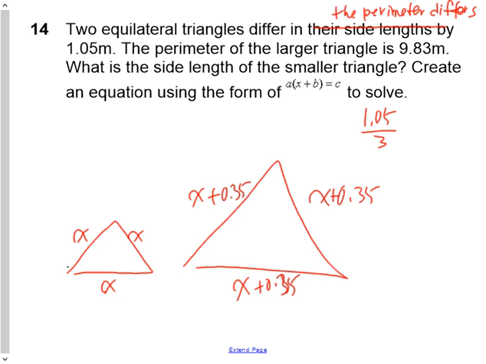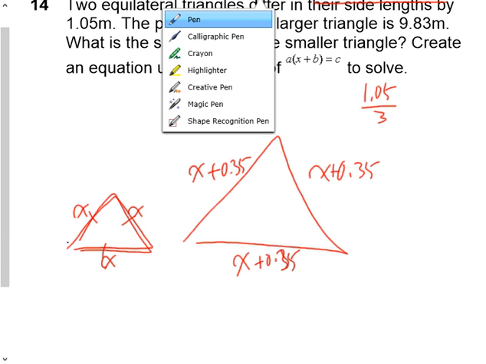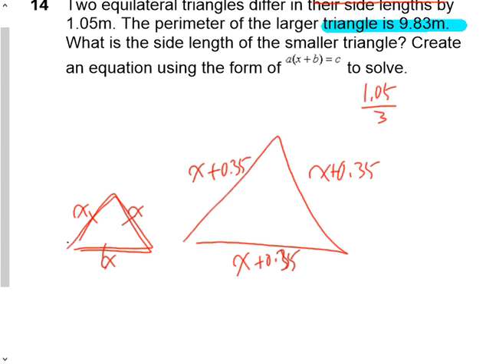So the first step was to draw your first one. And since it's an equilateral triangle, all sides are the same length, which means x, x, and x is an appropriate variable allocation, because all three of them will be the same length. And since this one's bigger by 1.05 meters, then we will make it like that. So then it says the perimeter of the larger triangle is 0.83 meters larger. So we could do it one of two ways. You could say this side plus this side plus this side